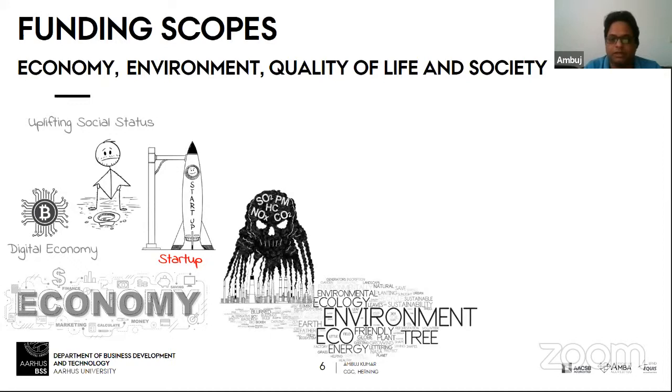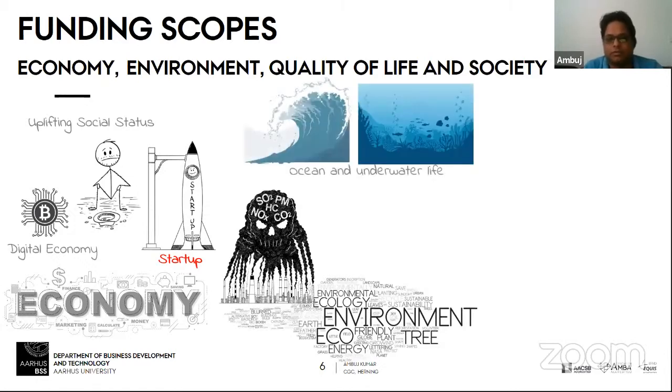Environmental means that if you have some idea to contain pollution, whether it is air, water, sea, river, or soil pollution, if you can have some idea which can use technology or a process to contain these things, then it is very useful and important as a global cause.